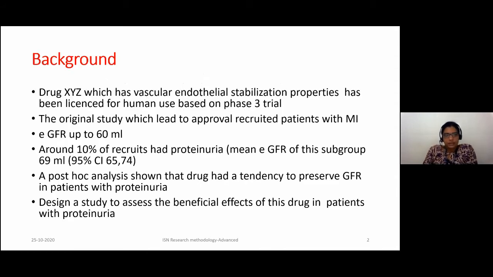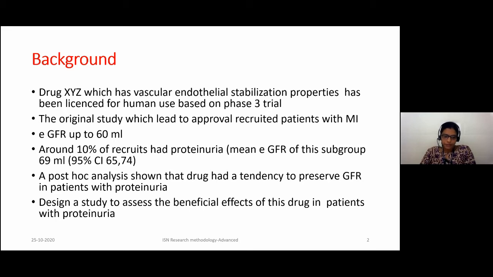So this is the background of the study. There is a drug XYZ which has vascular stabilization properties, and this has been licensed for human use based on a phase 3 trial. The original study which led to the approval recruited patients with myocardial infarction, and in the original study, those with estimated GFR up to 60 ml were recruited.